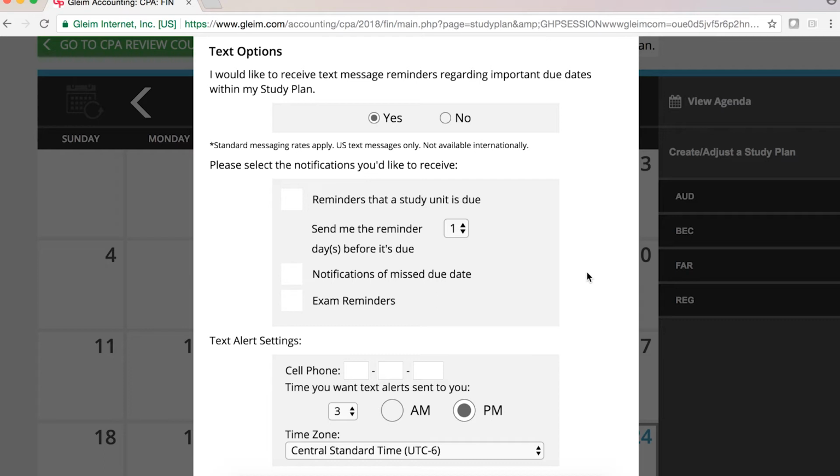So really, really important stuff. I'm not going to enter in my cell phone information there, so we're just going to hit